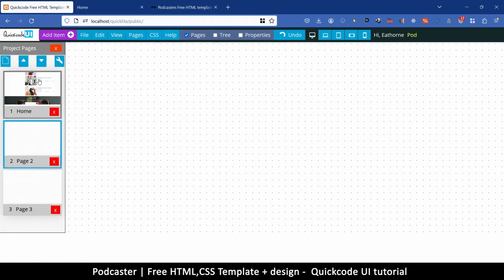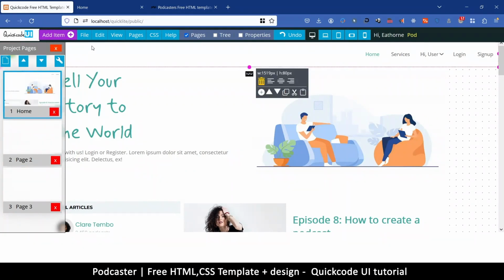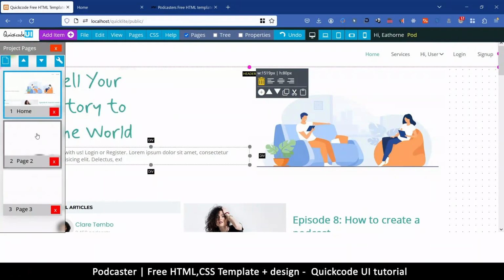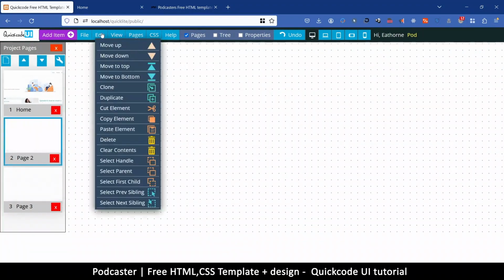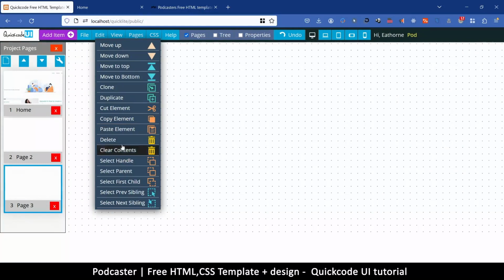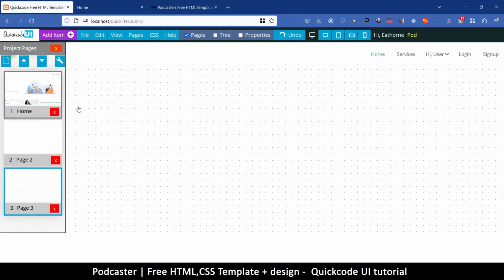No, but I don't need to do that. Let me, not yet. Let me select the first one. I want to select, let me go select parent, the header, and I'm going to say edit, copy element. So I'll go to page 2 and paste, edit, paste element. Page 3, edit, paste element. Okay, pretty good. And then go back to page 1,